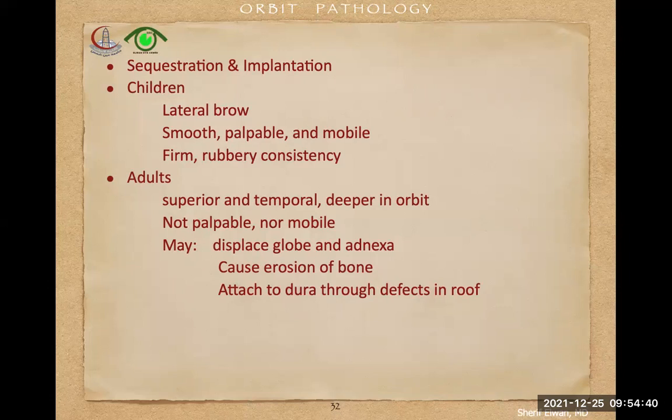So the difference between children and adults in presentation is that in children, it is still small, mobile, and smooth. But in adults, due to the time taken,